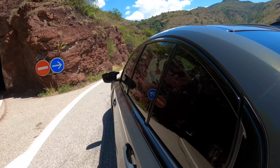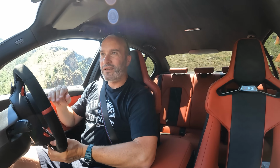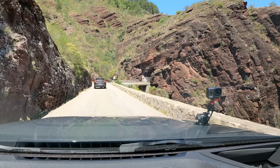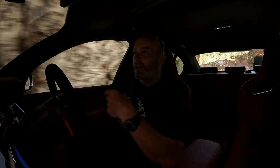So if you do floor it in the tunnel, just remember you might get a bit of wheel spin, and also when you come to brake at the other end, you'll see that more relevant when we go the other direction. Just beware, because they do get quite slippery and slimy in there. It's a shame we're stuck behind a car, because you can see this is just such a cool, interesting road. So, seats. While we're talking about that, I went with the carbon pack, I believe it was called, which